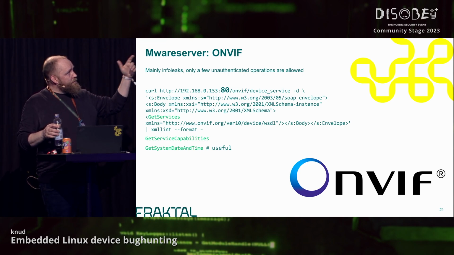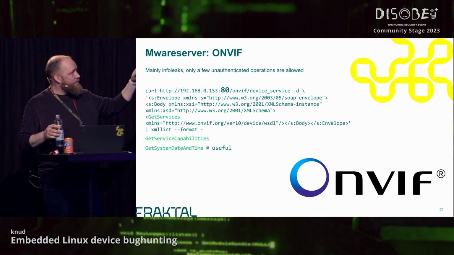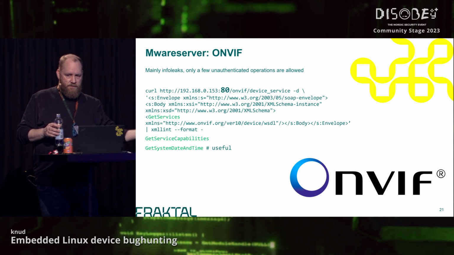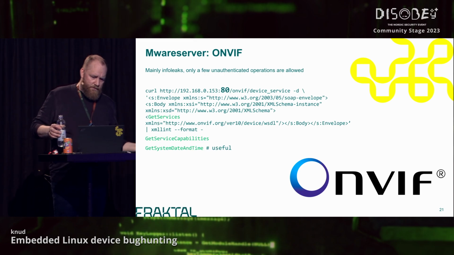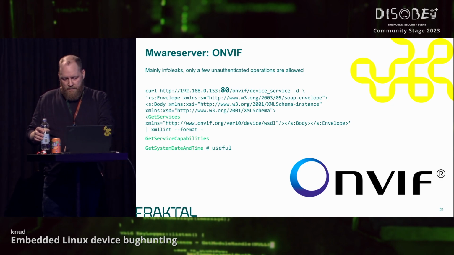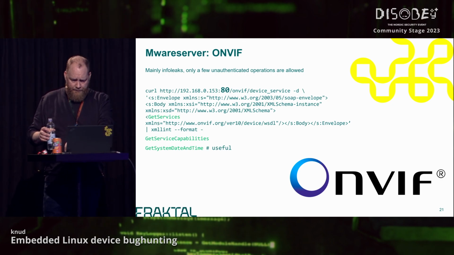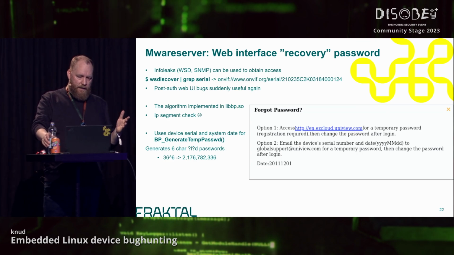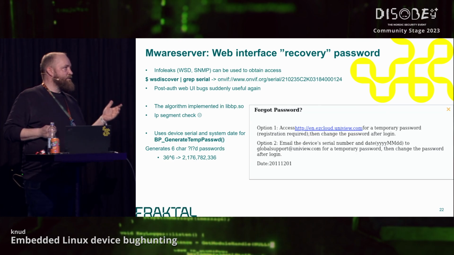And you can call a few unauthenticated operations on the service. It has to support the GetServices call because that's how it says what services it provides, and then you can get some capabilities and the system date and time. So nothing too interesting from an attacker perspective, except the system date and time can be useful for the next one at least, because when you look at the web interface,